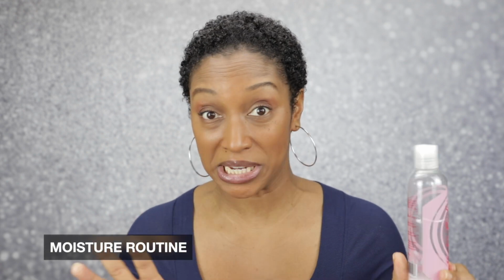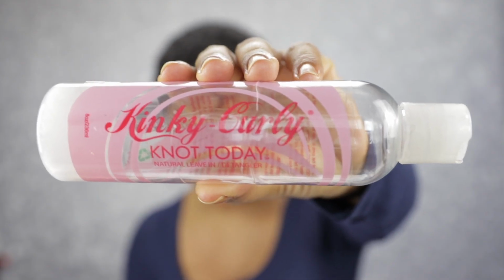So once my wash day is complete, I move on to my moisture routine. And I usually use the LOC method, which is my leave-in, my oil, and my cream. My go-to from day one is my Kinky Curly Knot Today. I love Kinky Curly not only because it moisturizes, detangles, everything that my hair needs as a leave-in. This leave-in conditioner right here, great slip, a little goes a long way, and it plays well with others. Meaning, I mix my oil with it, I can mix smoothies with it, and I find that this leave-in works